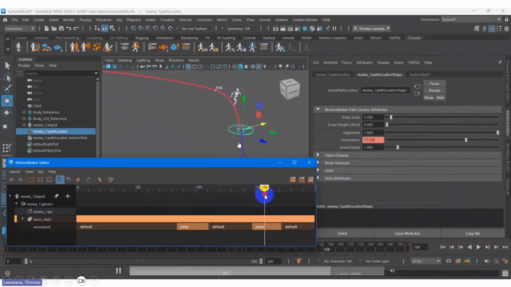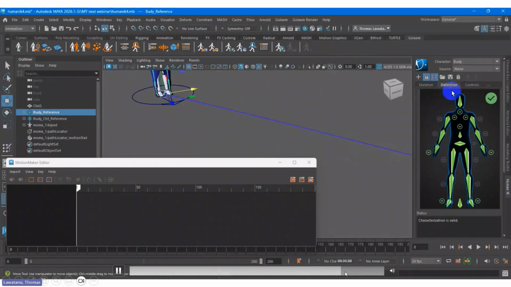They point to the left. Okay, so I move again. This is when I apply the rig, I think the default rig. This is my character, the character they call a body. Then we can point to the motions from the motion maker. This is the standard biped from the motion maker.